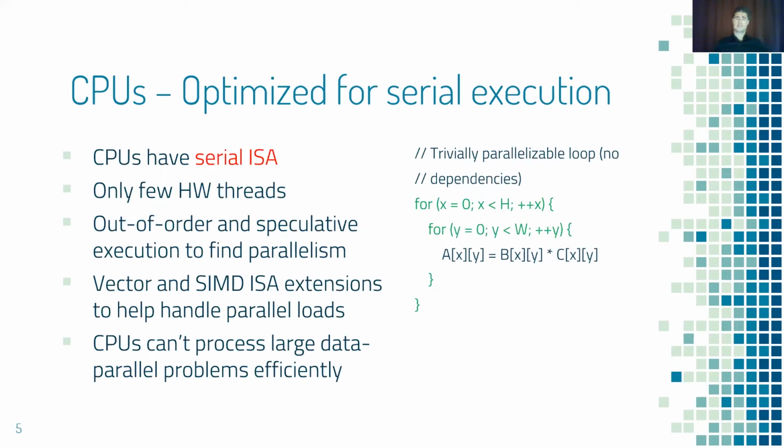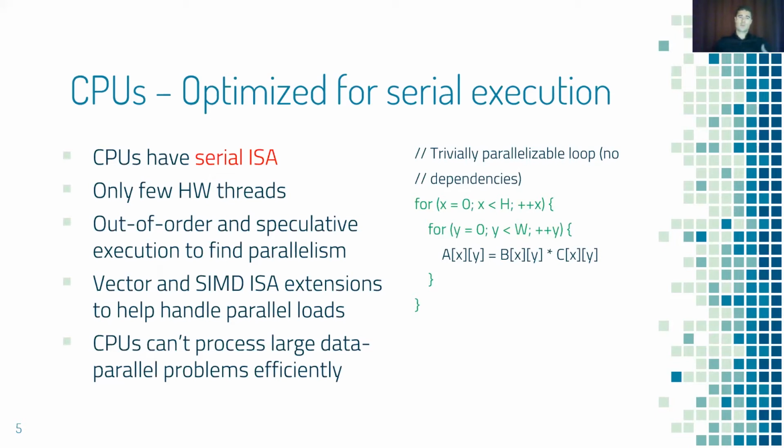Again, on the right part of the slide, you can see a loop. That loop basically just multiplies elements of a two-dimensional array. So this is what we call a trivially parallelizable loop. There are no dependencies in the loop body, so you could run all iterations of this double loop in parallel. However, CPUs only have a few threads. For instance, Intel's i7 processor, which is a high-end CPU, even with hyper-threading only has, let's say, 16 threads. So there is not enough parallelism